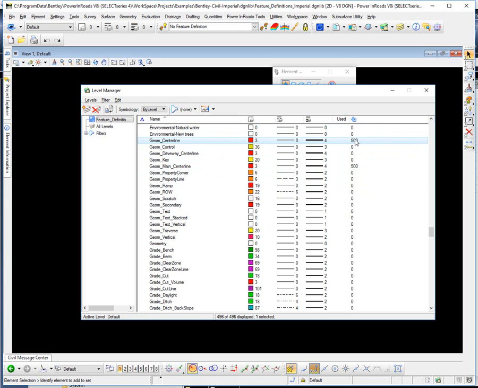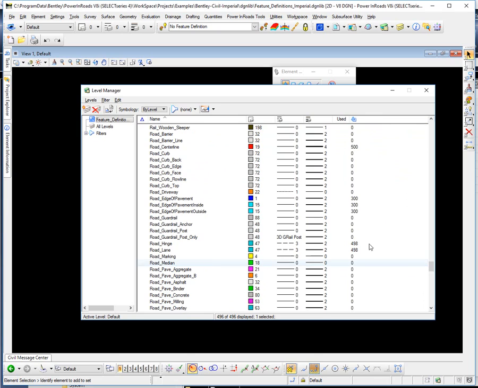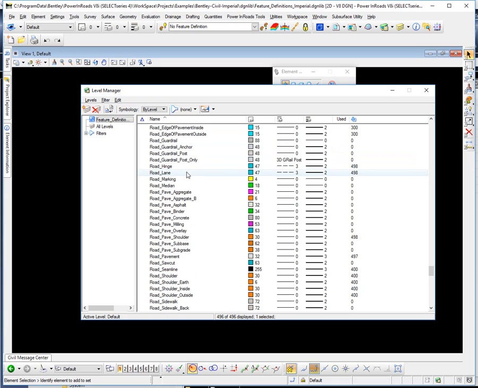Make sure that it's set to a priority of 500, and also in examples workspace you would need to set, I believe, road centerline to a priority of 500. The next thing is you want to create a new level, and I called it road seam line, and make sure that on road seam line that you have the weight